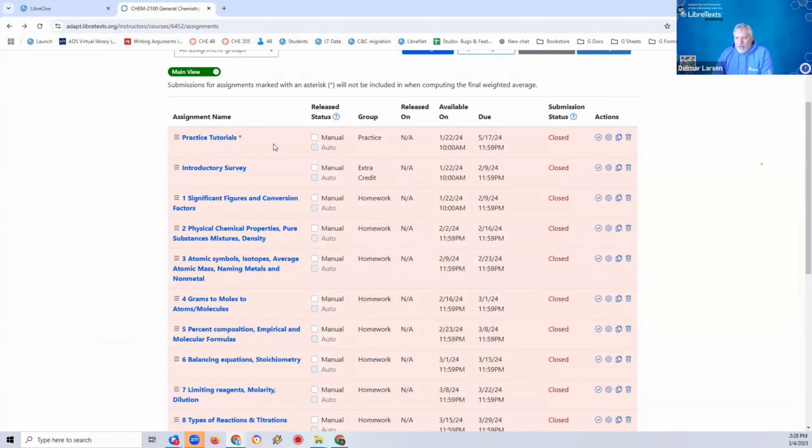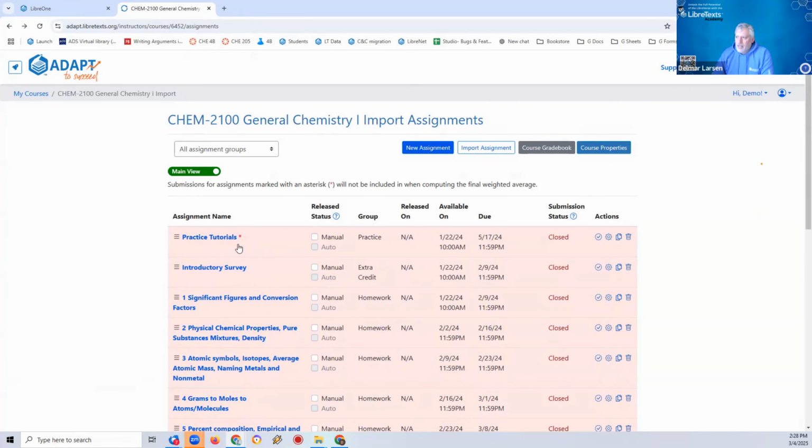I'll have more discussion about assignments at a later time. But we're talking about building courses, the top level. And at the top level, you have the ability to add assignments, which we're not going to do, or import assignments. This is very similar to how we did it with the course level. I can look at the course gradebook manually here, and I can do course properties. And course properties are actually what I care about discussing here.